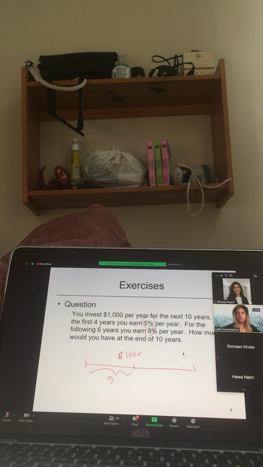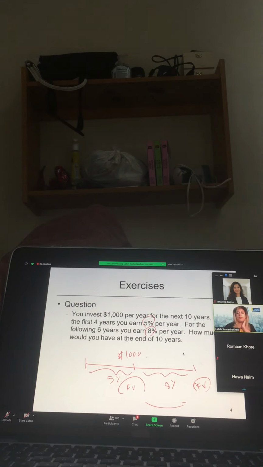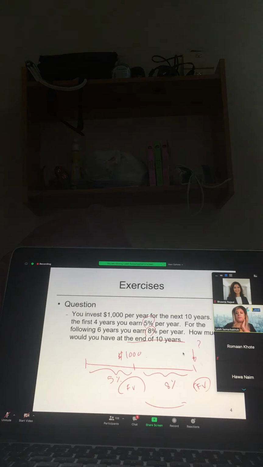At first, the rate is 5%, then it's 8%. When we talk about an annuity, all the attributes should be the same throughout the time. If it's changing, then you cannot use it. So this is what you're going to find: the FV of the first one, FV of the second one. Do any conversions that are required. I leave that to you, and you are going to find the future value for me because the question asks for at the end of 10 years. So this time we're interested to know at the end of the period.